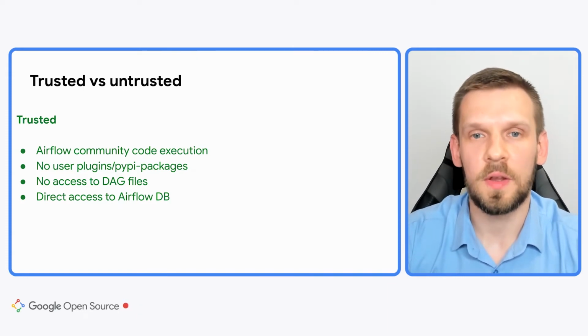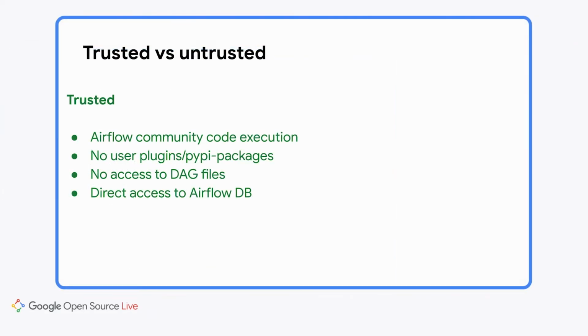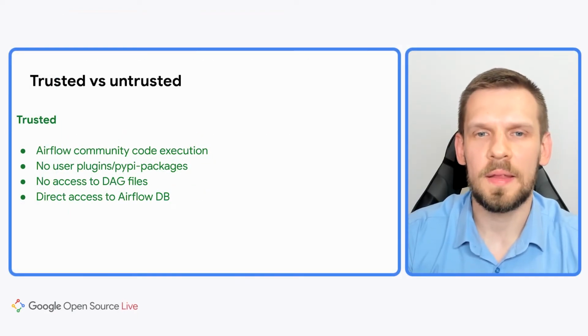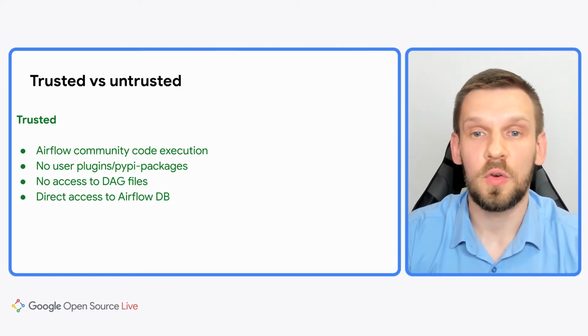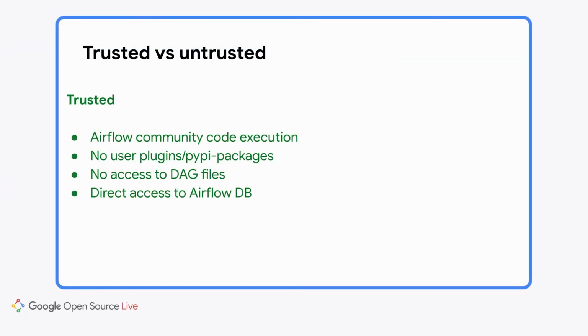This code is checked during the code review process, also tested during the release preparation, and in Google we can run it through our security review before we add it to Cloud Composer for our customers. It also means no custom PyPI dependencies or plugins, just to make sure the code that is executed here is fully auditable, which of course excludes even accessing the DAG files in any way. And due to that fact, we can audit the code, so we are sure what kind of DB access or what kind of DB queries are executed here. So trusted components may keep the direct connection to the Airflow database.